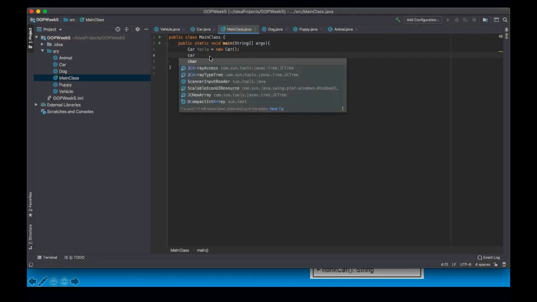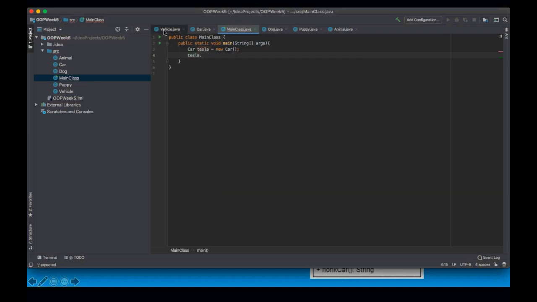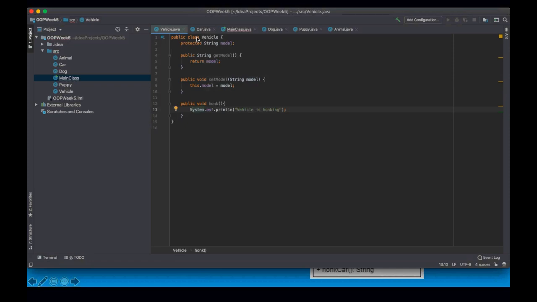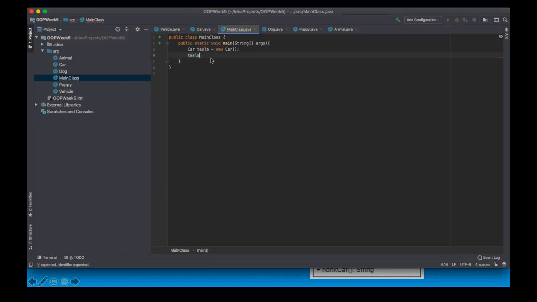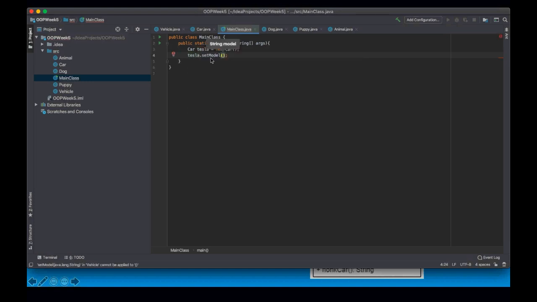And then if I do Tesla dot, you can see I have the model from the vehicle class. I can access the model from the vehicle class because the car has extended the vehicle. So because you put in this extend vehicle, you can inherit the properties of vehicle. So I can do Tesla.setModel, I don't know, Tesla 123,